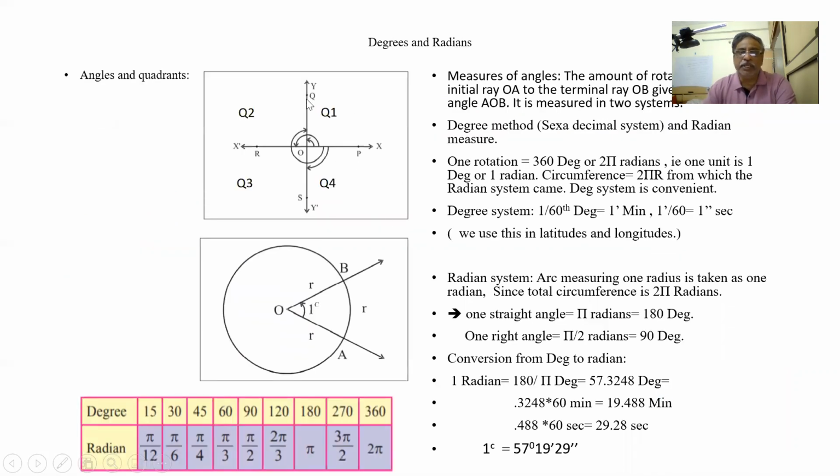Now in this XY axis, this is positive x, this is positive y, negative x, negative y. We have 4 quarters. What do you mean by quarter? Quarter is 1/4. So 1/4 of 360: 90, second 90, third 90, and fourth 90. This is 4 quarters. Quarter 1 is in the positive direction. We always measure quarters in the positive direction. So quarter 1, quarter 2 is 90 to 180, quarter 3 is 180 to 270, and 270 to 360 is quarter 4.